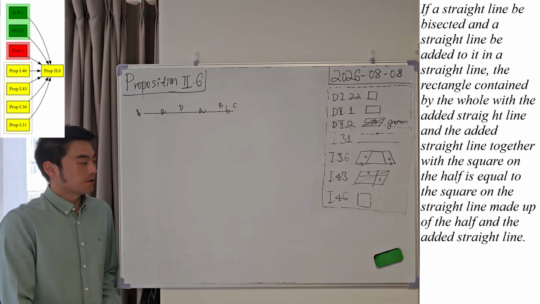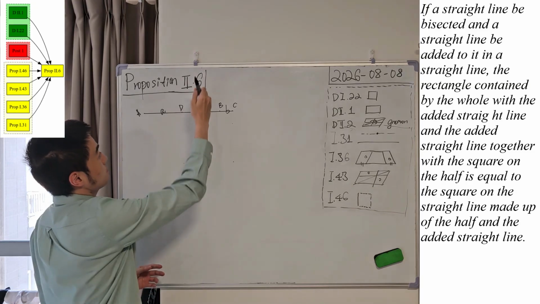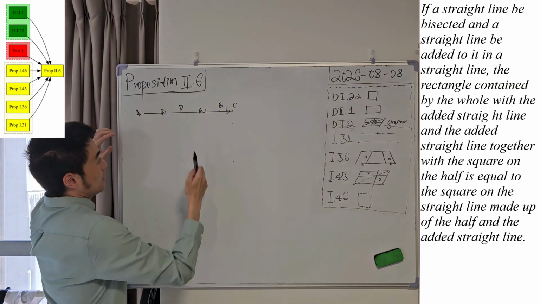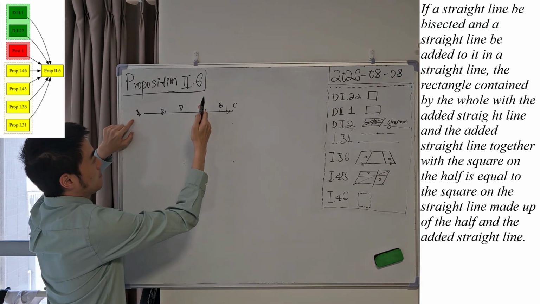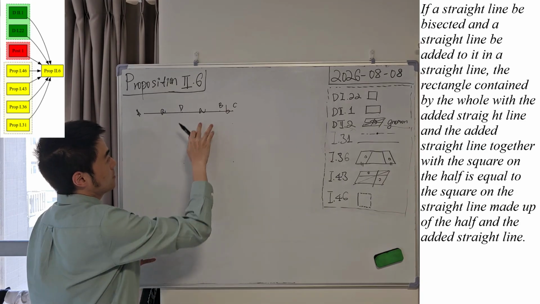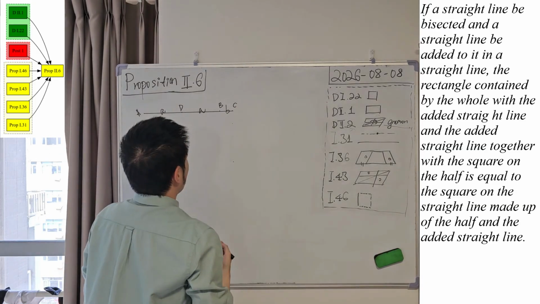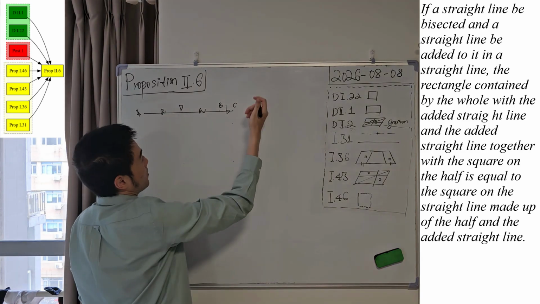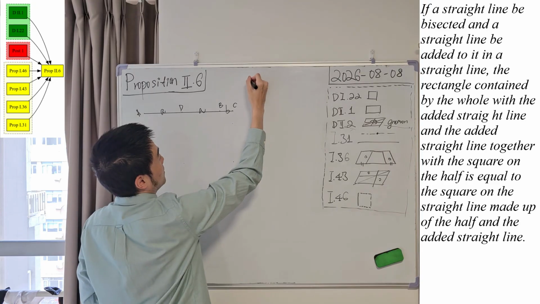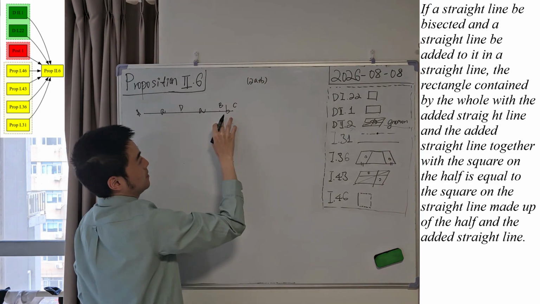Morning. In this video, we are going to discuss proposition 6 from book 2. This proposition states that if we are given a straight line, for example AB, and it is bisected at a point D, and then if we produce this straight line to point C, then we will have this equality. The square of the whole by the extended part, which will be 2a plus b by the extended part b,